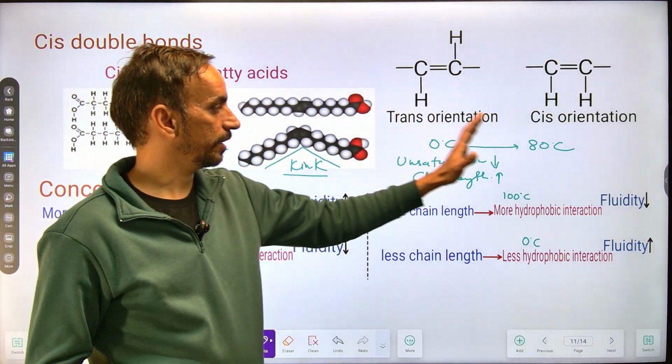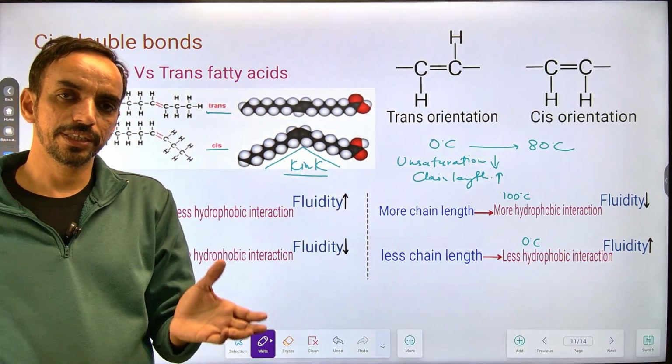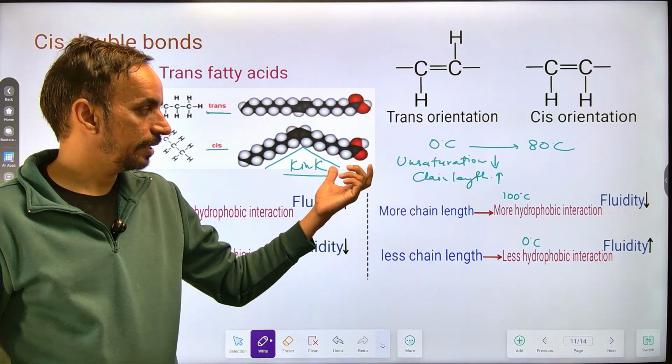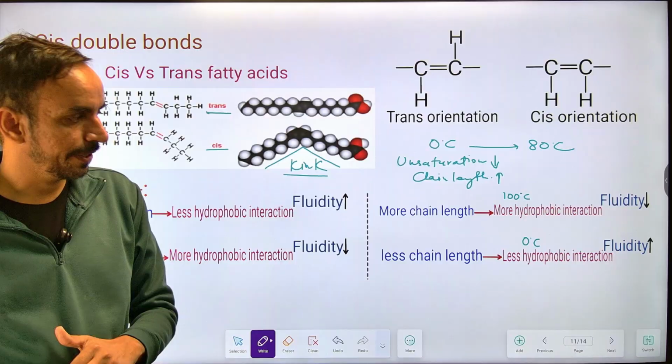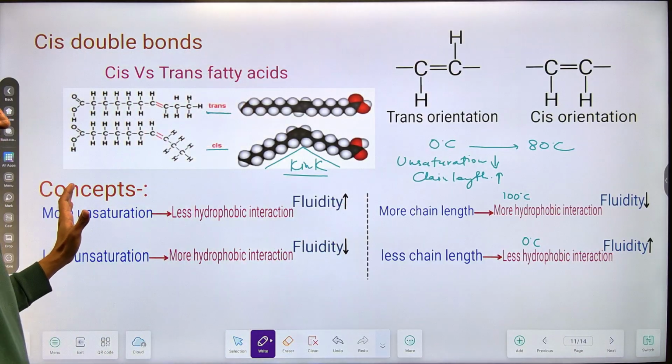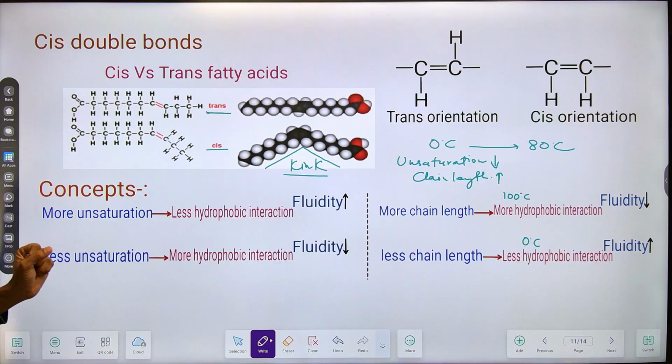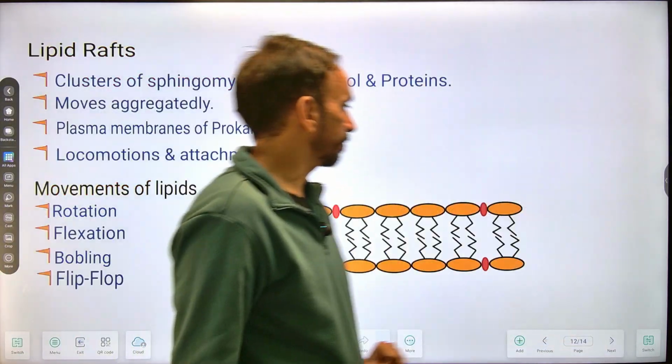सो सिंपली वी कैन से, इस तरीके के क्वेश्चंस आपसे पूछे जा सकते हैं कि अगर ऑर्गेनिज्म को 0 से 80 पे किया तो अनसैचुरेशन पे क्या फर्क पड़ेगा और चेन लेंथ के ऊपर क्या फर्क पड़ेगा। सो इस तरीके से ये कॉन्सेप्ट अपन यहां से क्रिएट कर सकते हैं।